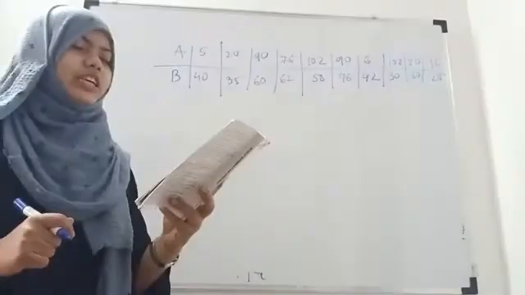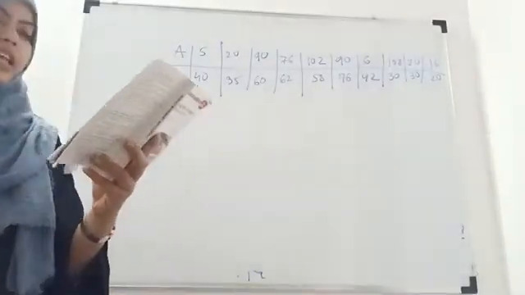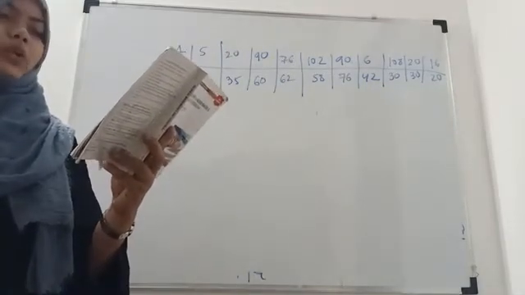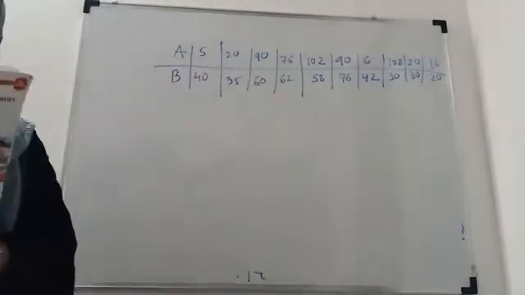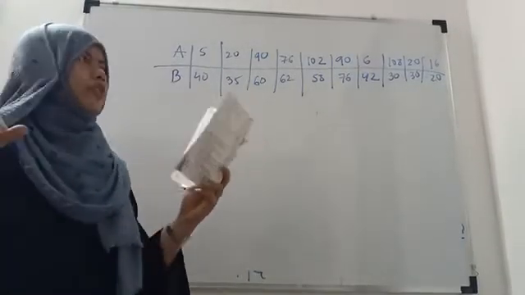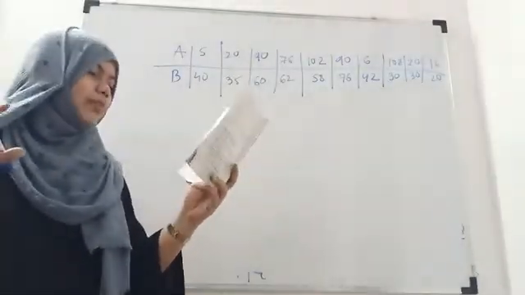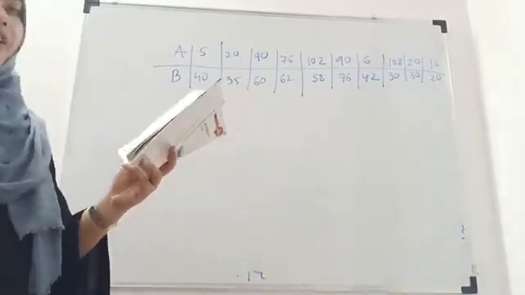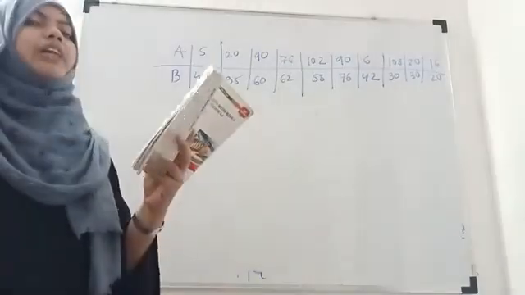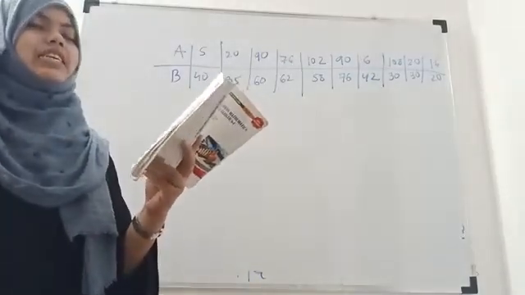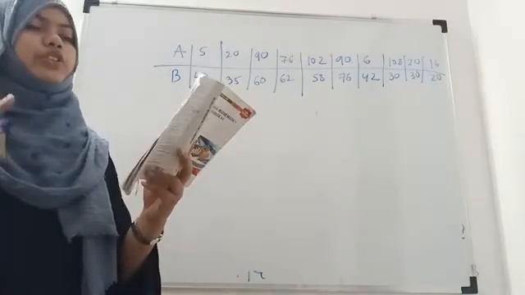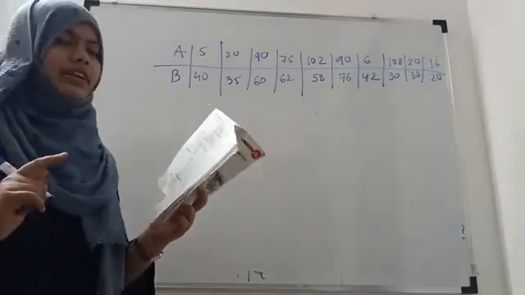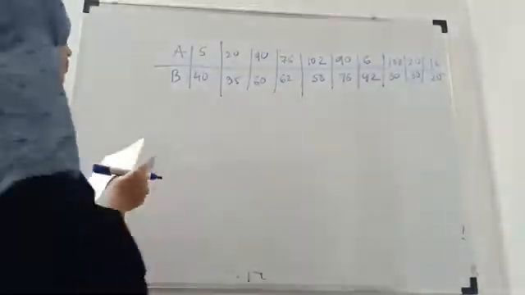So for the average we have to calculate the arithmetic mean, and for the consistency we will calculate the coefficient of variation. Always remember this, if you get this type of question in your exam: if it is asked to find the average, then you have to go for the mean, and if it is asked for the consistency, then you always have to find the coefficient of variation. And for the coefficient of variation you will require the standard deviation. Now we'll do this problem.